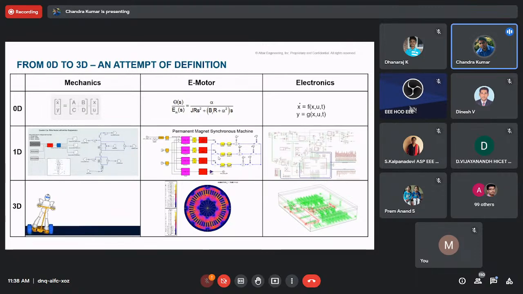You try to do all the advanced electromagnetic studies. That is possible. So having this, we have the advantage of different fidelity of models like 0D to 1D to 3D, but you can also have a combination of 1D plus 3D as well. So it holds good with respect to mechanical systems or electrical and electronic systems. That is the unique differentiation of what we address in terms of 1D or 3D.